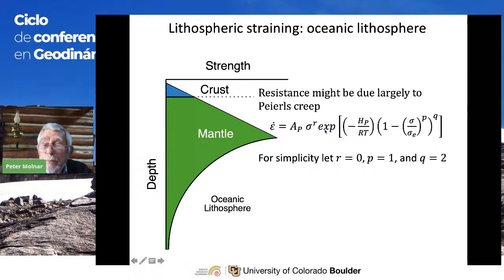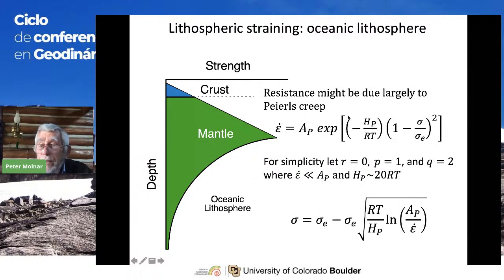So we can simplify this equation by making those substitutions, letting P be 1, getting rid of the term in here that depended on stress to the power R. If we let R equal 0, that goes to 1. And I should point out that the strain rates are much smaller than this value. That's another way of saying this exponential factor is not large. It's smaller than 1, and it goes from being of order 1 to much smaller than 1.